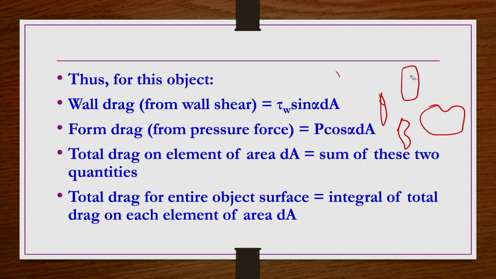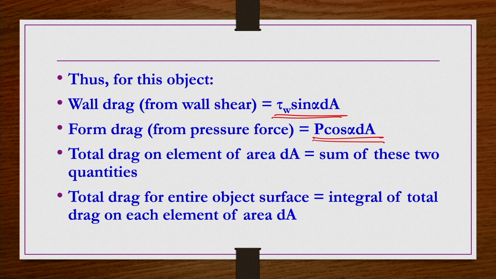So, what I mean to say is, whatever wall drag or form drag expressions are derived here, they are valid only for the object and only for the orientation, the inclination angle, shown in the previous slide. They are not universally true for all objects. It is going to be different for a cube, different for a cylinder, and different from one cylinder to another having a different orientation to the flow direction.